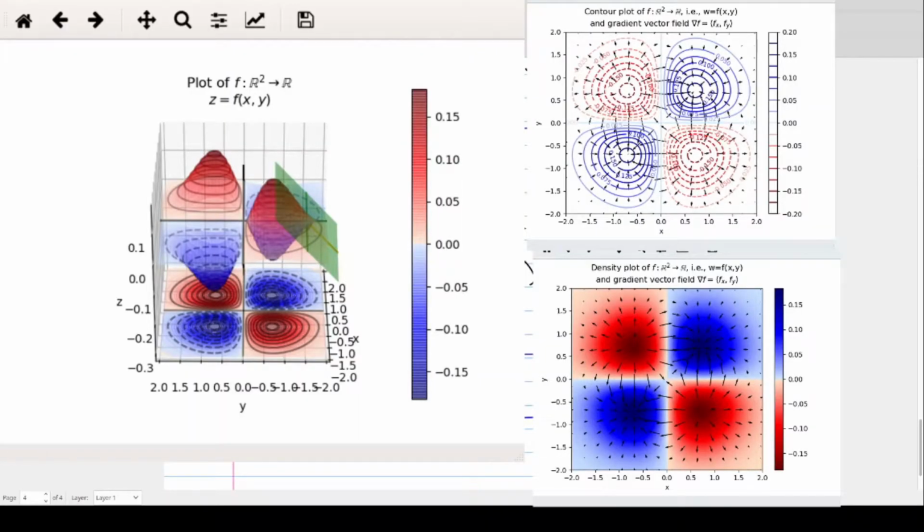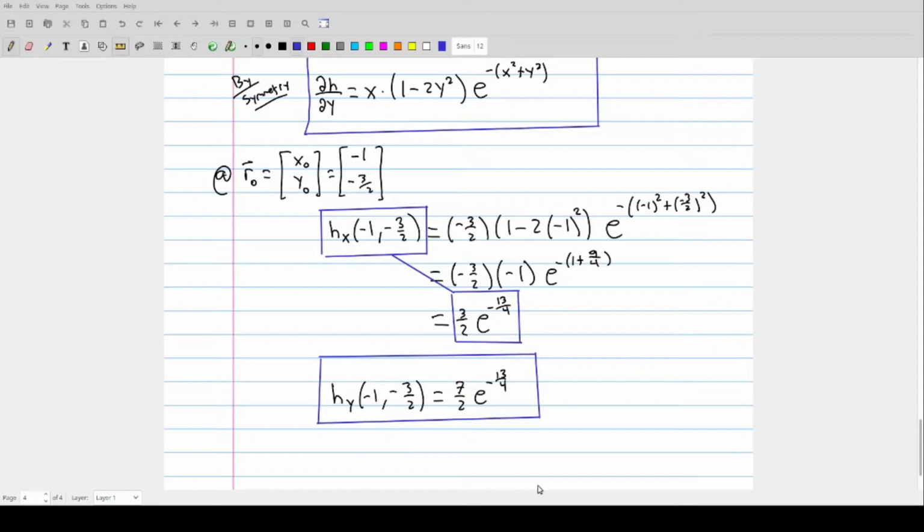Before we do that, I want to introduce what's called the gradient vector, because this will be a very, very big tool for us going forward. So the gradient vector or the gradient vector field